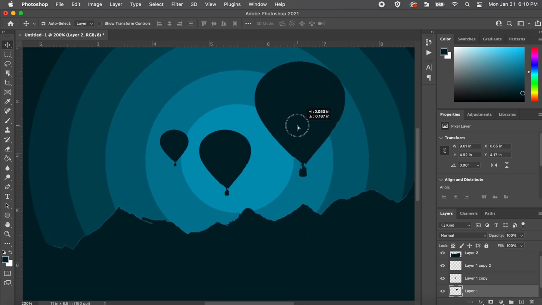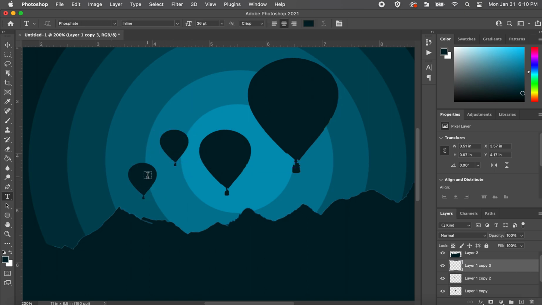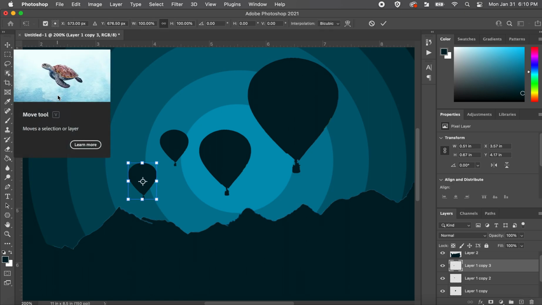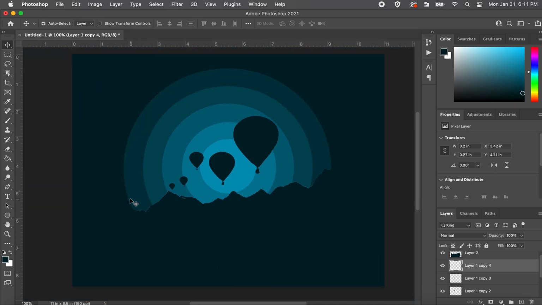This one looks very large compared to the other ones, but it should be a little bit bigger so that you can understand the vantage point of the viewer. But maybe I'll do a few out here in the distance so that you can understand that they're traveling above the mountain range. That will also help lead the viewer's eye through your composition a little bit, so you can adjust these as you need. So this is a pretty good start. I think I'm going to add a little bit more,